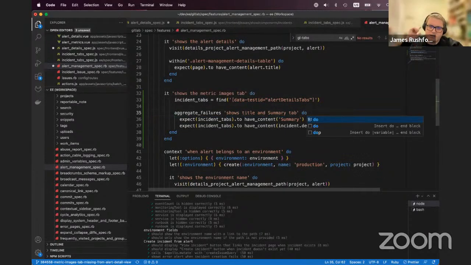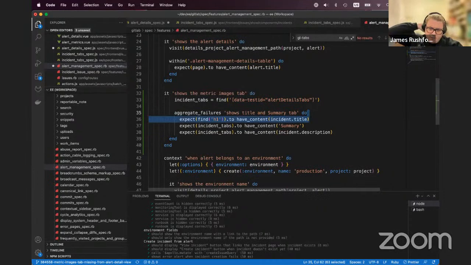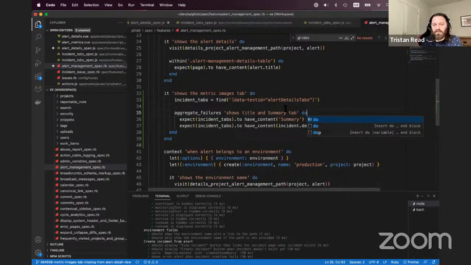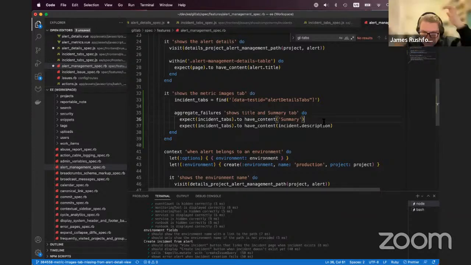I have the GTK running with the branch that we made. Oh, cool. When you're ready. For you, does it show the metric images tab? Yeah, that's the main thing to check. It shows it, but